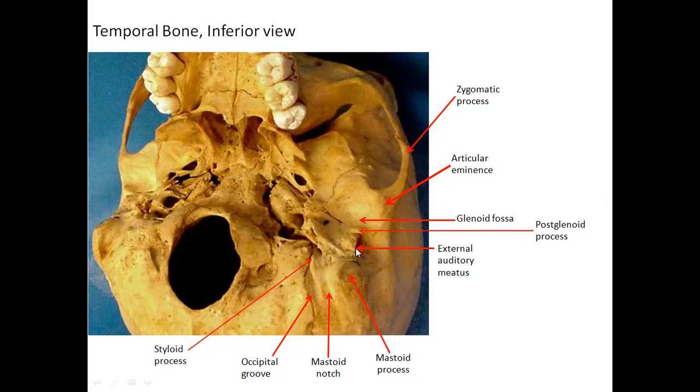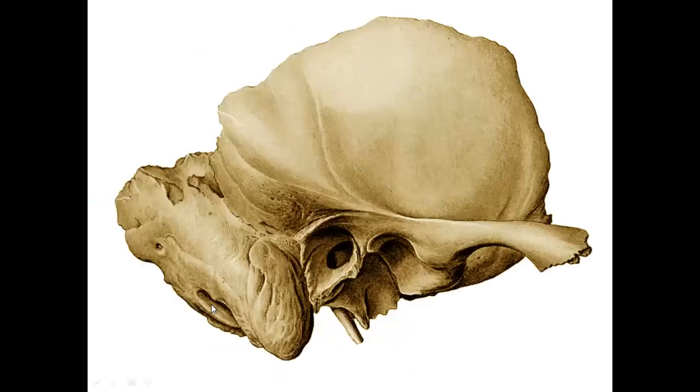Okay, this is external acoustic meatus. Now see, what you are finding exclusively is the temporal bone. This is the squamous part of the temporal bone. This is the zygomatic process of the temporal bone, which takes part in the formation of the zygomatic arch. This is external acoustic meatus. This is mastoid process. This area is the supramastoid crest.